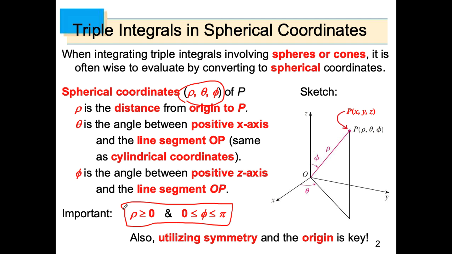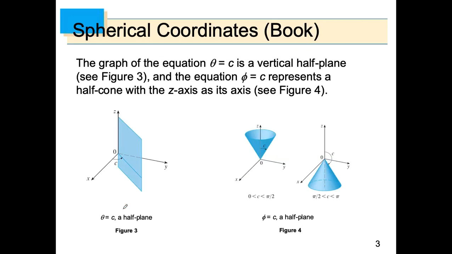Now, a couple of generalizations of what I'm talking about here. If you take a look at this page here from the book, here's a couple examples of how spherical coordinates can be described. For example, if we take a look at this, theta equals some constant c. Well, theta equals a constant c is going to be known as a half plane